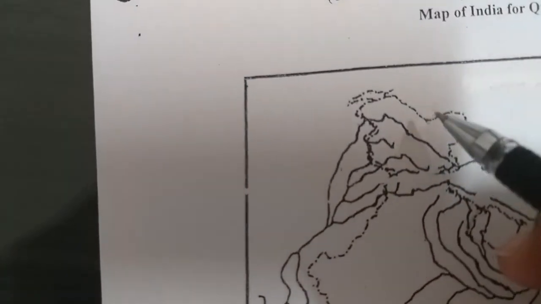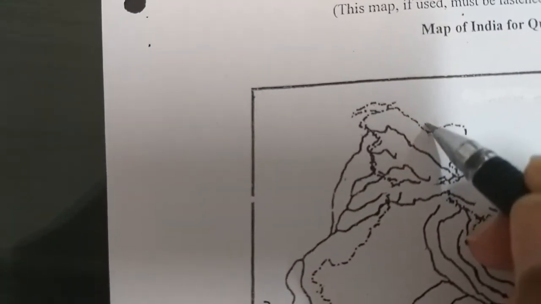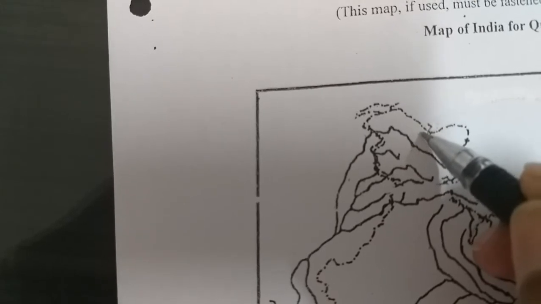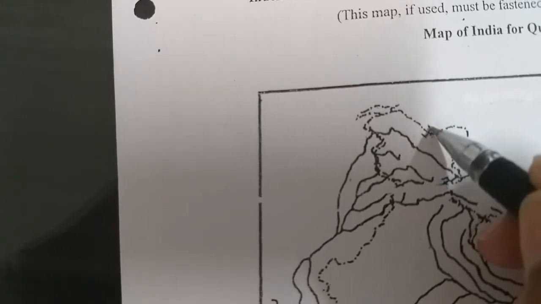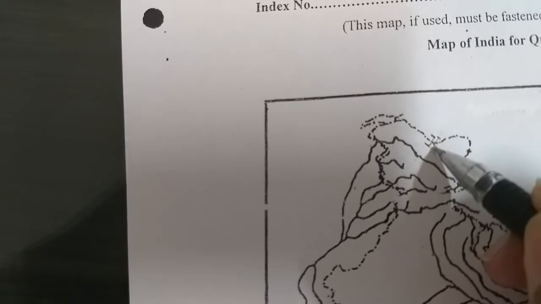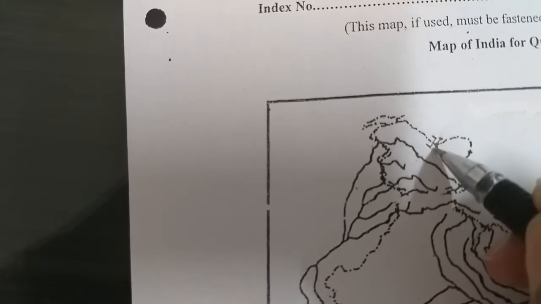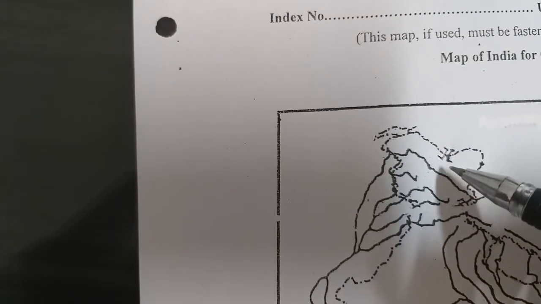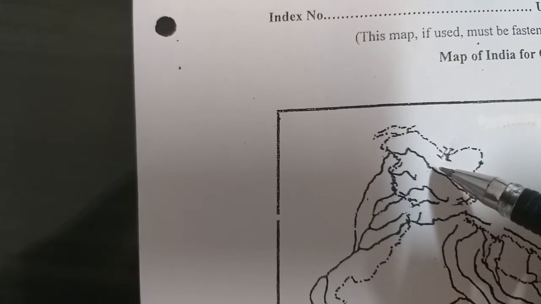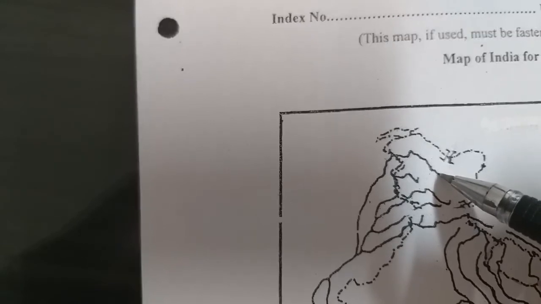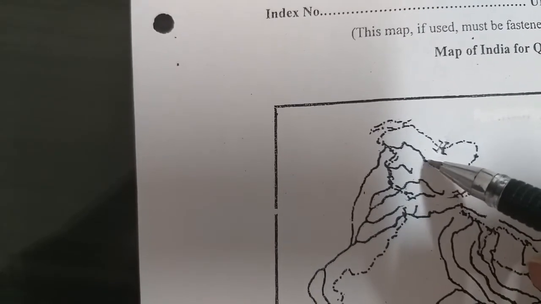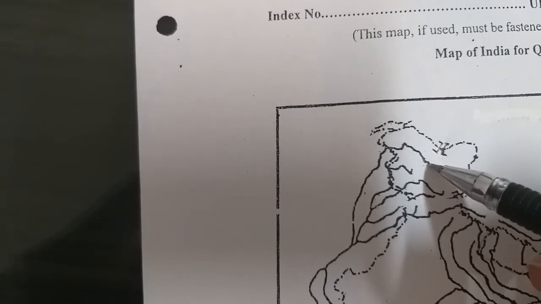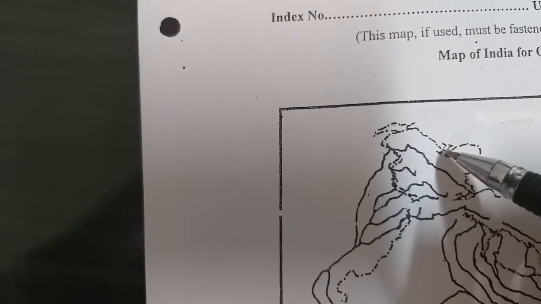Now on the boundary of India again you have to mark the pass by an open bracket. So I'll be drawing a small bracket here. The pass should be half in India and half in China. In this manner it should be slightly tilted and it should connect India to China. This pass should not be very big. It should not connect the line which is there down. This is the Indus River. So it should not connect this Indus River. It should be in this area only.